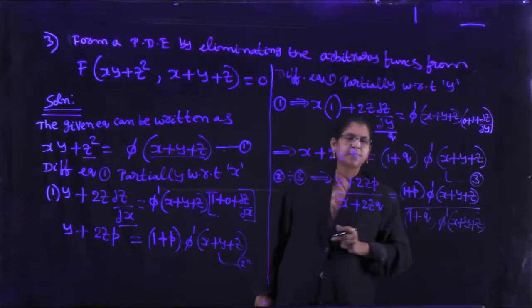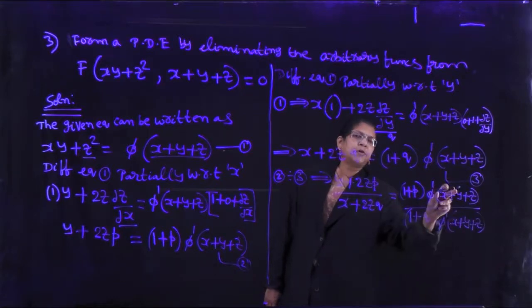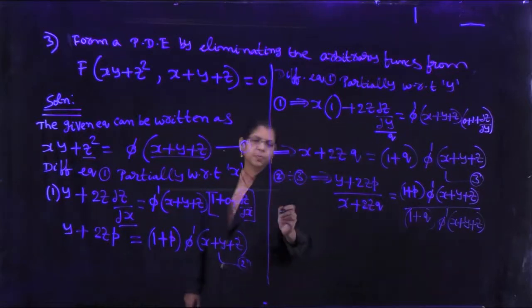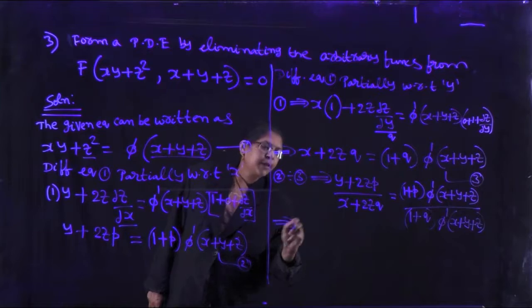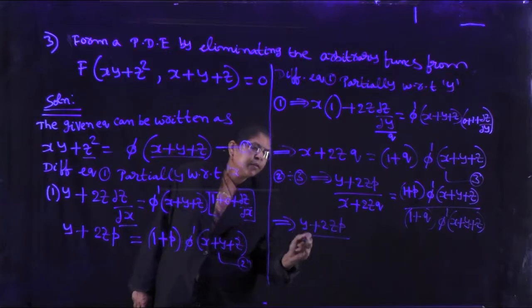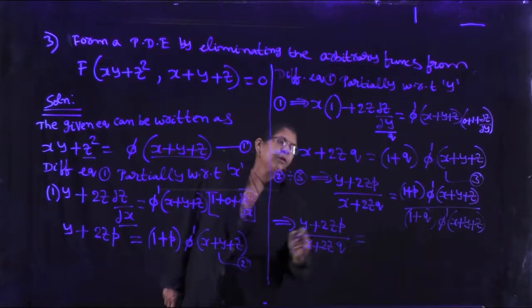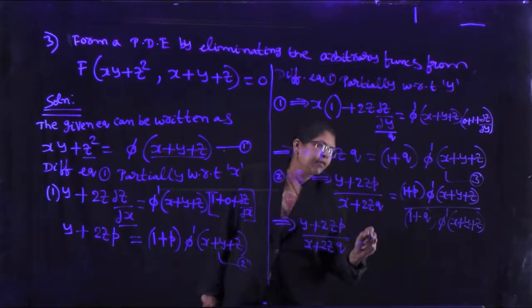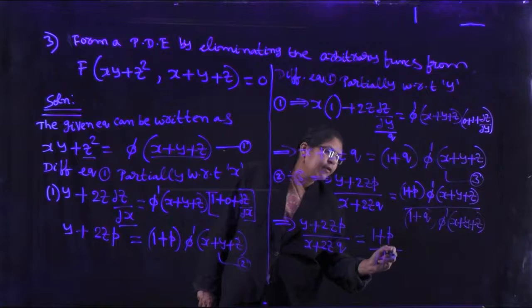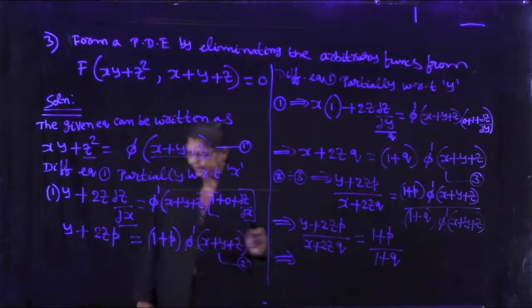Okay. LHS you write as it is. In the RHS, both in numerator and denominator, pi dash of x plus y plus z will get cancelled. This implies y plus 2zp divided by x plus 2zq equal to, in the RHS, both in numerator and denominator, pi dash of x plus y plus z will get cancelled. Okay. After cross multiplication and simplification, we will get p into